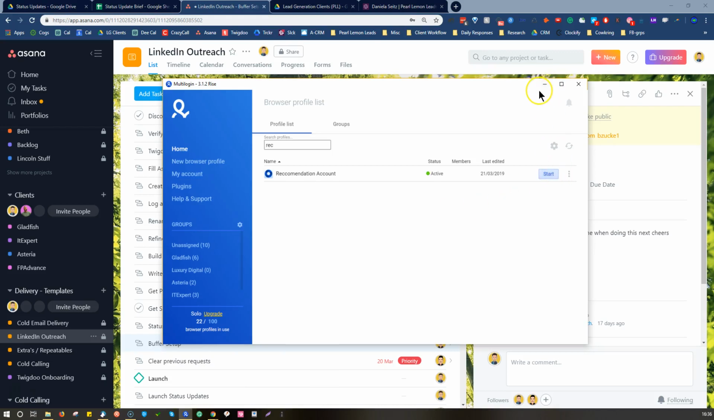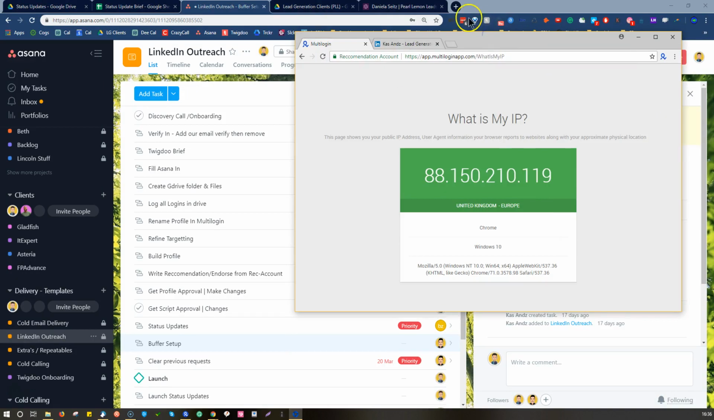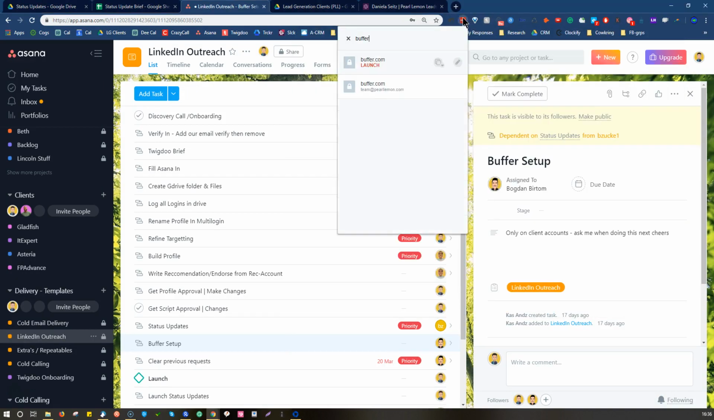Hey there, so to set up Buffer here, the way to do that is first find the account that is set up on multi-login, open it up, click start, I've just done that here. Then log into Buffer, it's going to be this one,